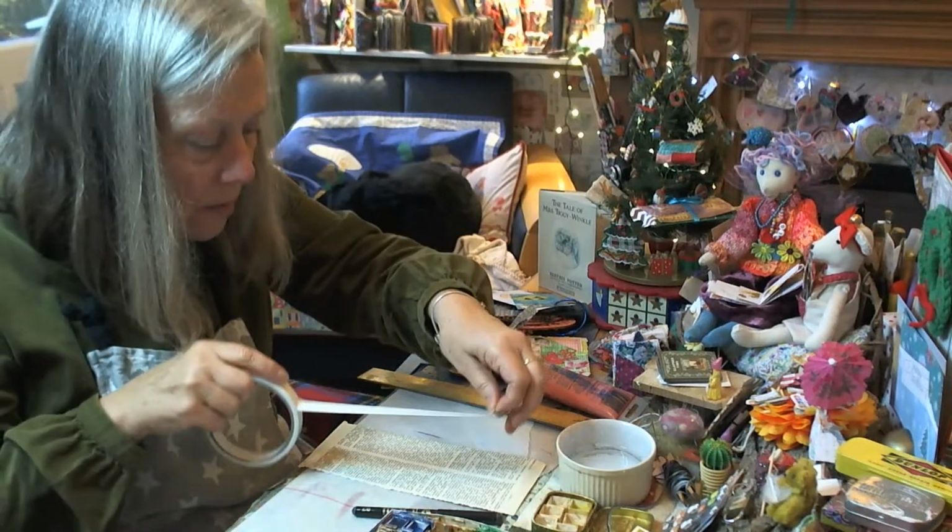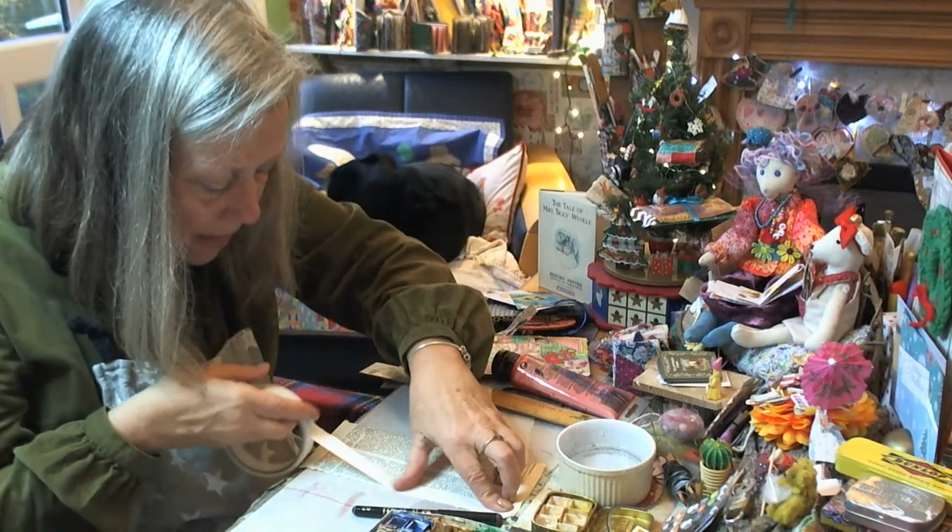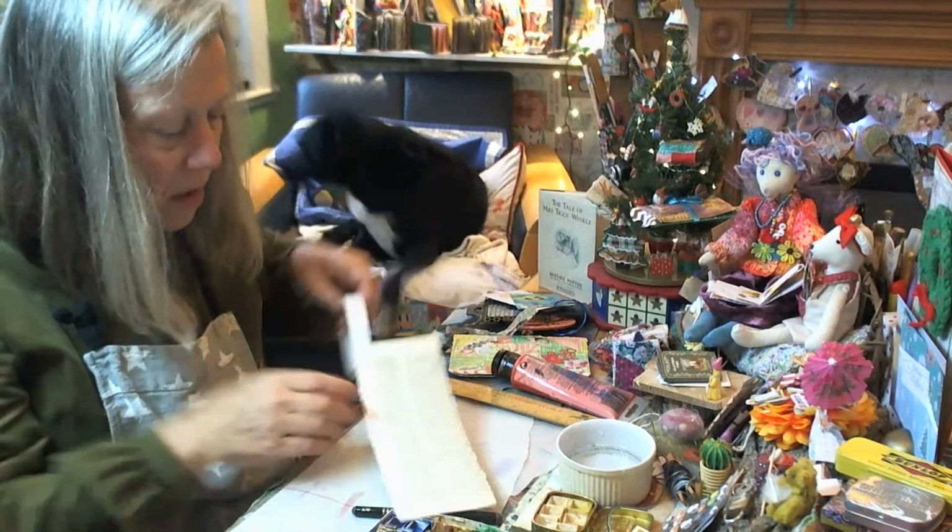There. So I'm going to put, I don't think it matters which way round it is, that double-sided tape down there. And then when I'm ready to use it,